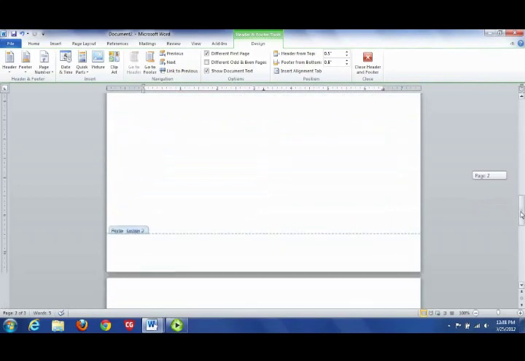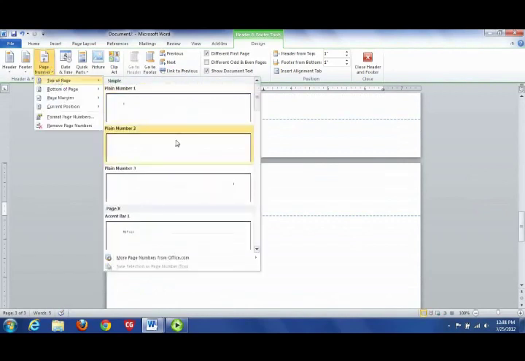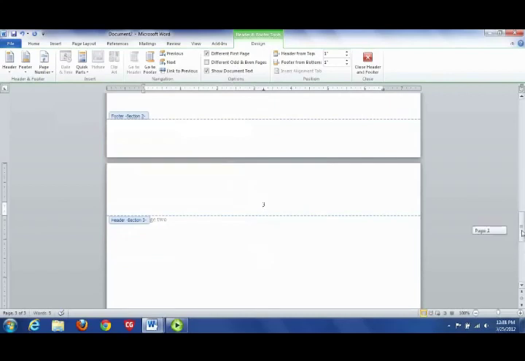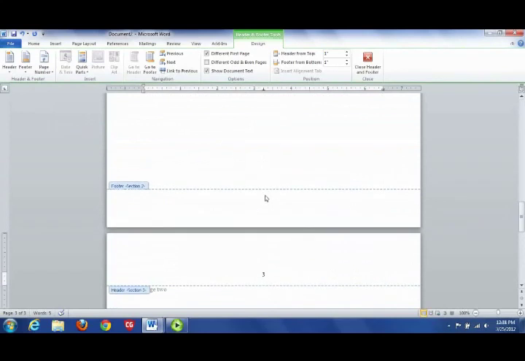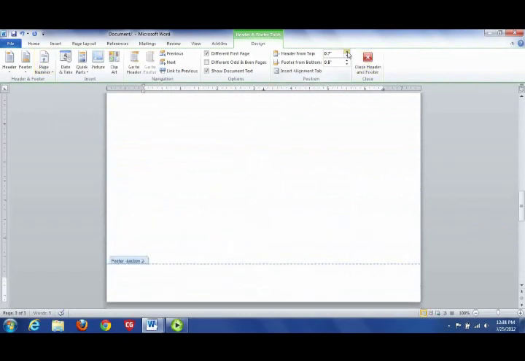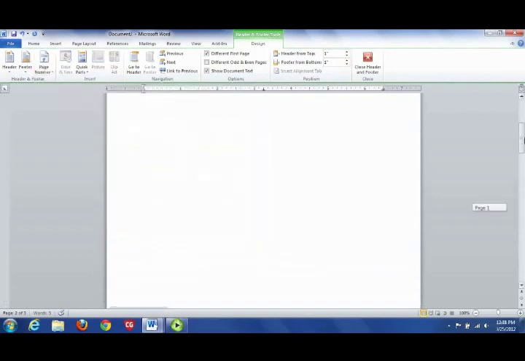Having done that, I can now go to the top of page 2 where I want my page number at the top and insert my page number top of page centered. And I'm going to see that there are no page numbers at the top of either of the other pages. Go into the footer on what will be the first page of my document here. And again, make sure my header and footer are set to 1 inch, and you can make that your default if you want, so it'll always be that way. Put my page numbers in, bottom of page, center. And now I see no page number here, a page number at the bottom there,